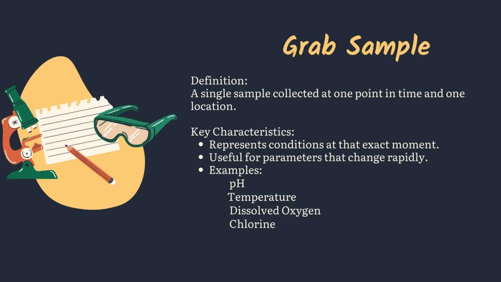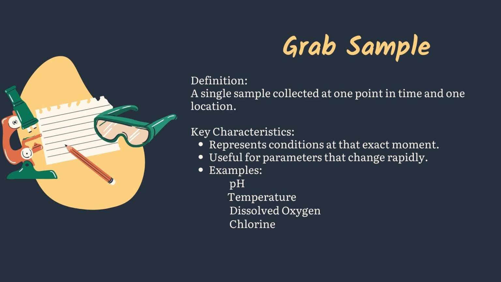A grab sample is exactly what it sounds like: a single sample collected at one specific point in time and at one location. Think of it as a snapshot. It gives us a picture of the water's condition only at that precise moment. Grab samples are incredibly useful for parameters that change rapidly, like pH, temperature, dissolved oxygen, or chlorine level. If we are concerned about a sudden change or want to monitor real-time conditions, a grab sample is the way